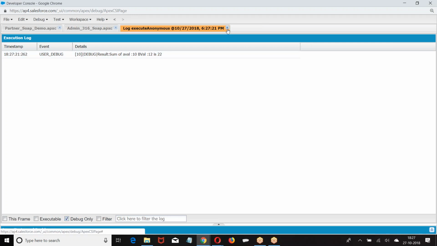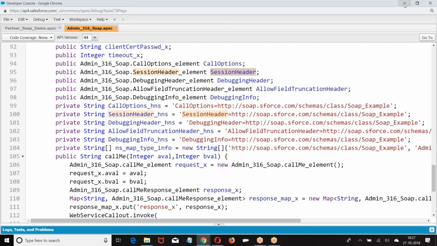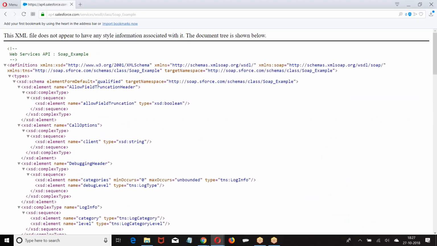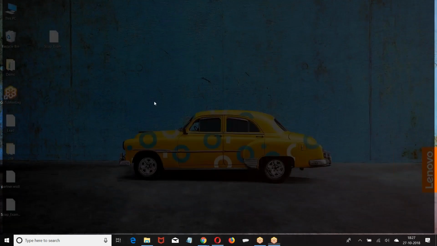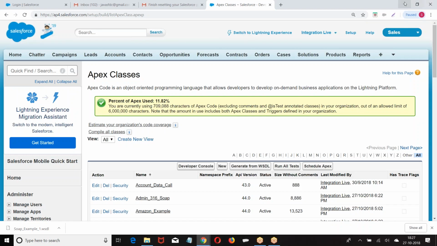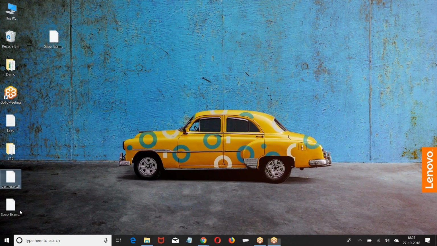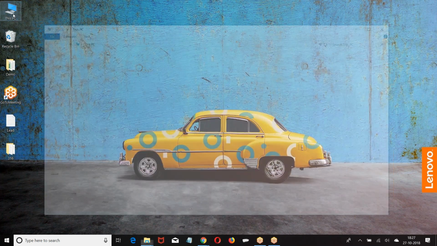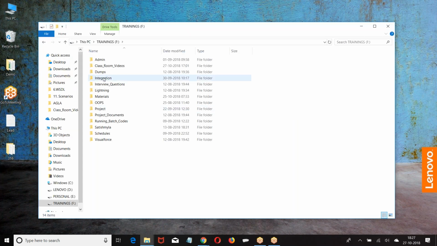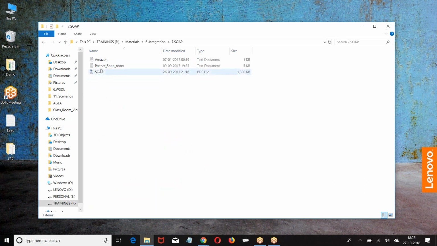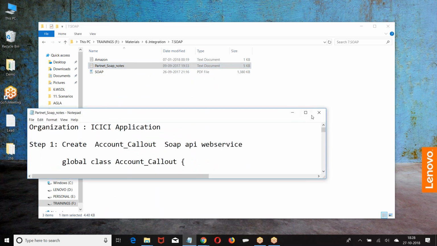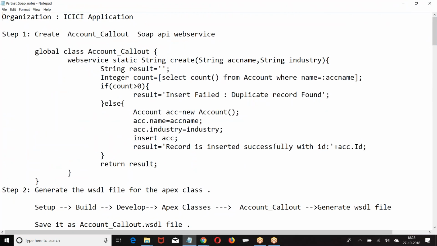Okay. So what did I do? I have clearly mentioned step-by-step procedure here. In the documentation, I have mentioned step-by-step procedure. First, organization 1, ICAC application.